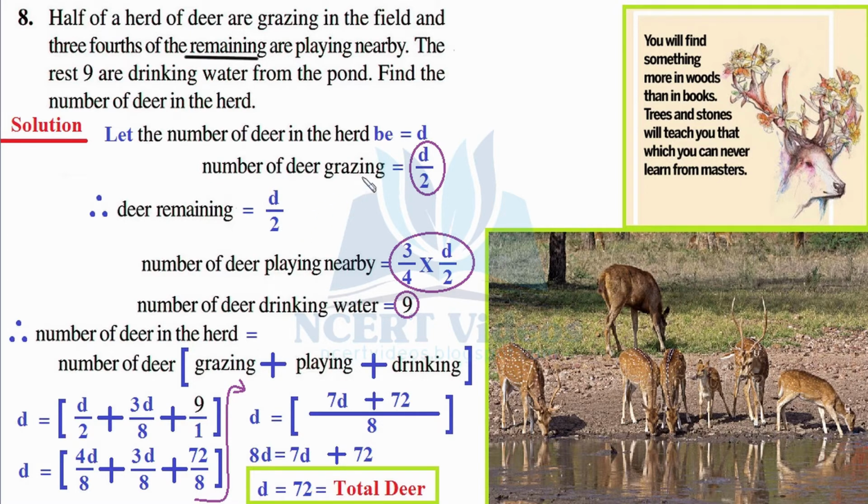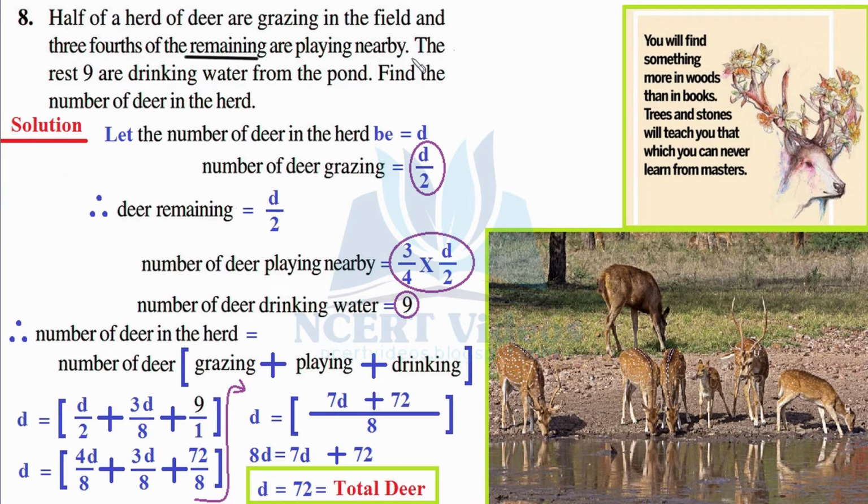It simply means if you are given 10 rupees and you spend half of that, that is, you spend 5 rupees, how much are you left with? You are left with half of 10 rupees, that is 5 again. So d by 2 are grazing so far and d by 2 are remaining. Now let's study this statement again: and 3/4 of the remaining are playing nearby. So the number of deer playing nearby would be 3 by 4 of, which in mathematics means multiplication, the remaining, that we have found as d over 2. This is the only tricky statement here. Most students would write it as 3 by 4 multiplied with d. So remember, every minute detail in statement type questions matters.